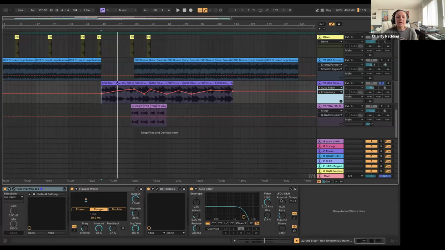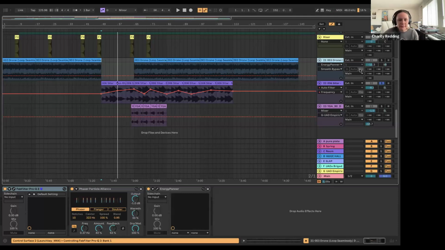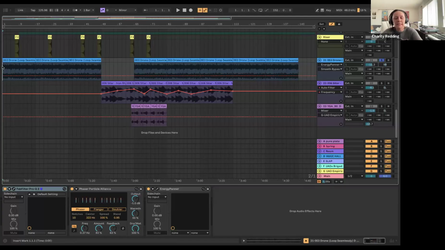A lot of times I'll use the LFO in here. I love the little LFO, the oscillator in here, because you can apply it and I'll probably automate that a little bit too, because you can really warp a sound with that also. Then there's this drone, which once again, I put a phaser on. This drone, or whatever it's called. This was once again just a loop, because this was the original idea. So is this,